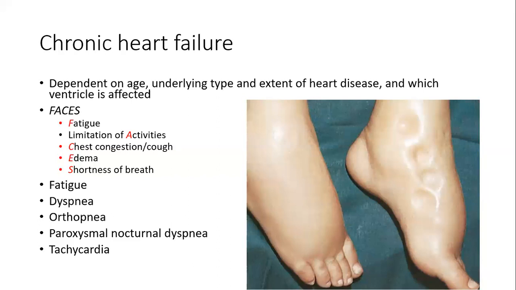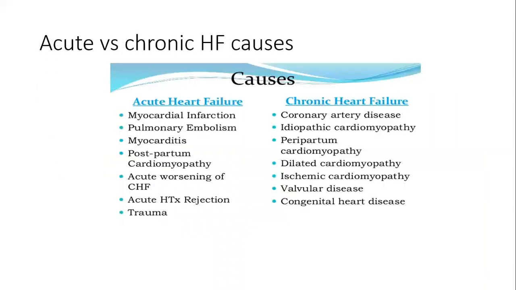You see fatigue, decreased activity tolerance, chest congestion or cough, edema, and shortness of breath. Some other things you might see are paroxysmal nocturnal dyspnea. That's when a person sits up suddenly in the middle of the night because they get short of breath and they feel chest pressure and they sit up to breathe, wakes them out of a dead sleep. And orthopnea, which is where somebody